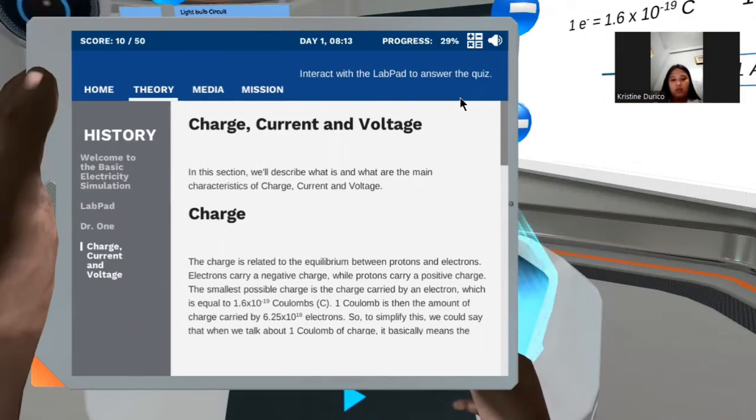One coulomb is then the amount of charge carried by 6.25 times 10 raised to 18 electrons. So to simplify this, when we talk about one coulomb of charge, it basically means the